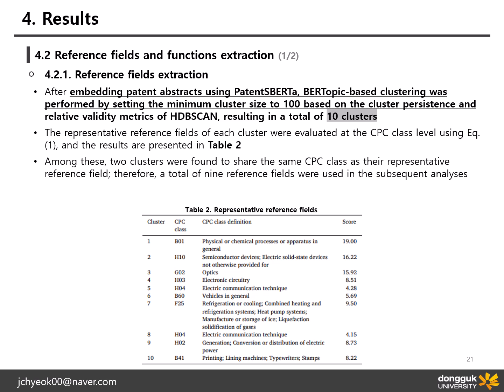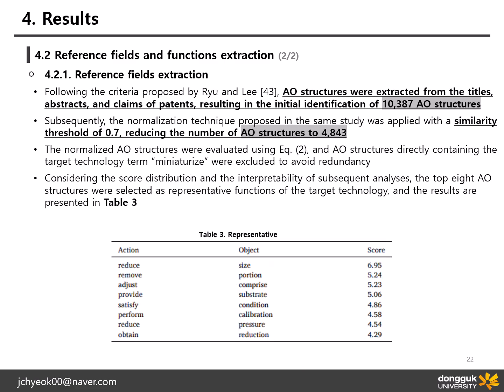The representative reference field of each cluster was evaluated at the species class level according to equation 1, and the results are summarized in Table 2. As two clusters were identified as sharing the same reference field, a total of 9 reference fields were retained for subsequent analysis. The AO structures were extracted from the title, abstract, and claims of the patents, resulting in an initial set